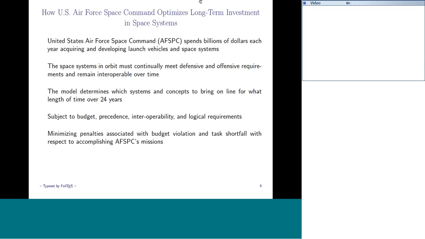So this model spans several decades, and the notion is that we want to project the needs of the Air Force over this time frame within the capital budgeting constraints. The other thing is that we're interested in a certain goal, and this goal here is to minimize the shortfall between what we'd like to capture in terms of these measures of national security and what we're actually able to cover based on the systems that we acquire and set forth.